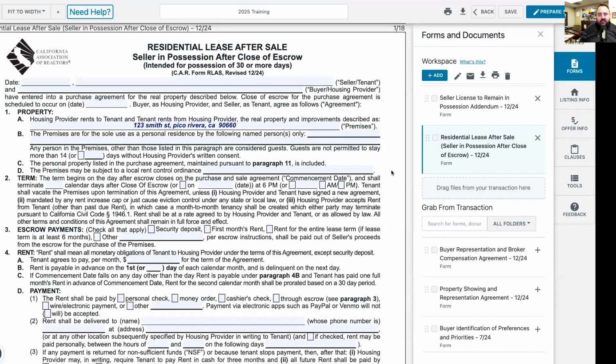This is a lease. So you've got to go through and figure out all the terms of the lease, when the payments are going to get made, how they're going to get made, if they're going to get made, right? If you're charging them for those 30 days, how much is their security deposit? What are they responsible for? Who's paying the utilities, all that stuff. So if you can avoid 30 days plus, it's a lot simpler